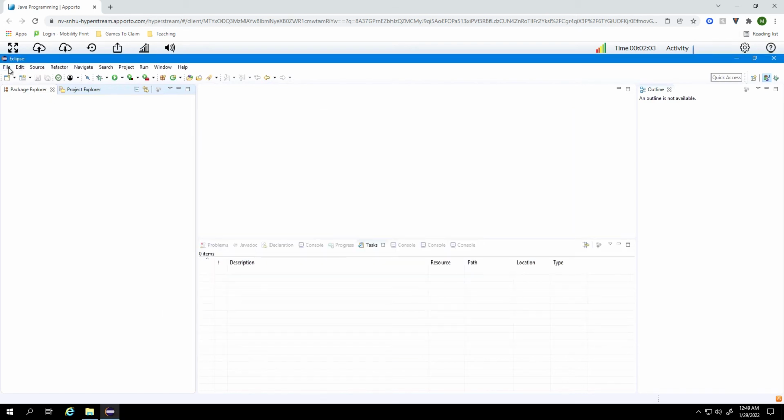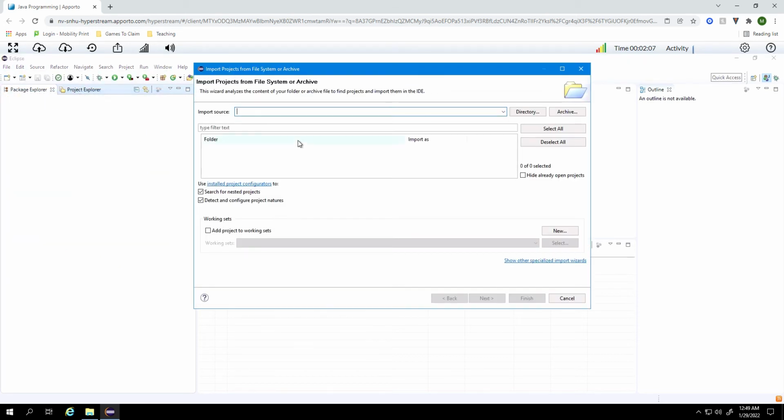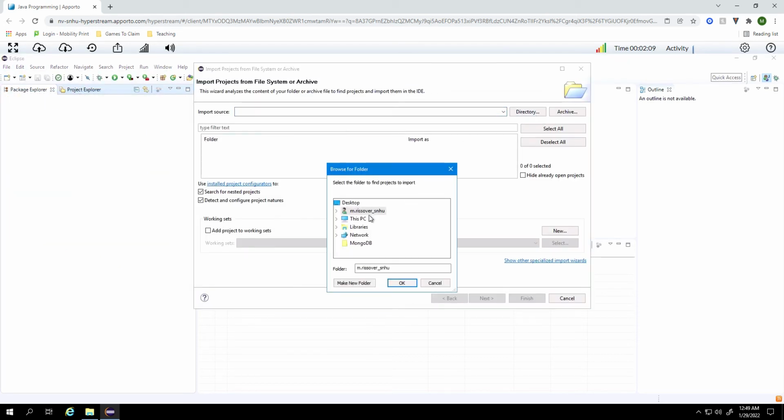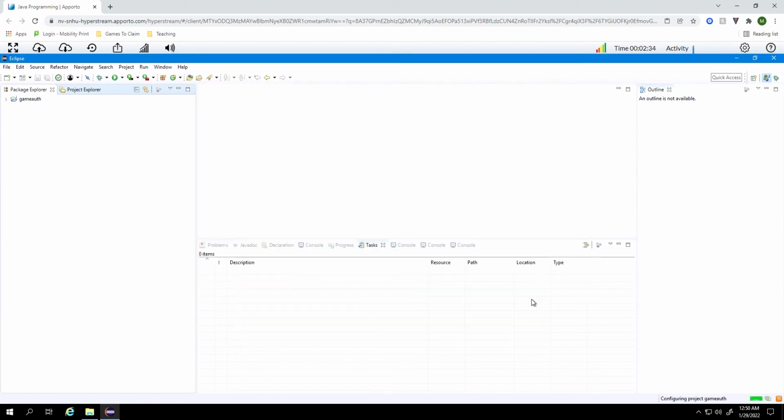I'll head over here to Eclipse, go to File, Open Projects from the file system, and I'm going to navigate to that directory. Just selecting the top level folder. See, it scans through and it finds two folders, the one I selected and then this folder within that has an Eclipse project in it. I don't need the first one, so I'll unselect it. Select Finish here,